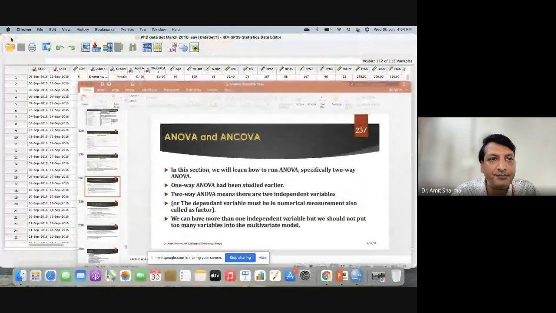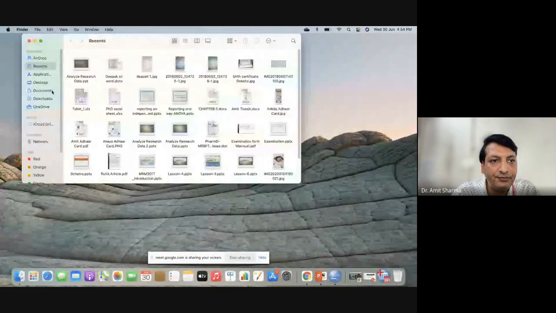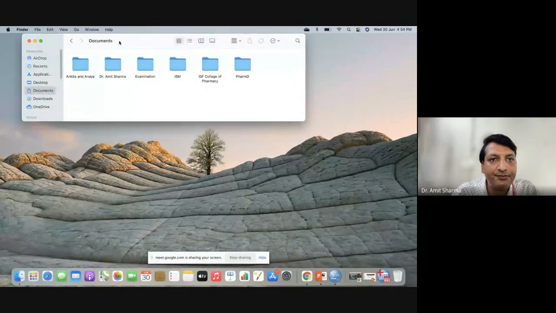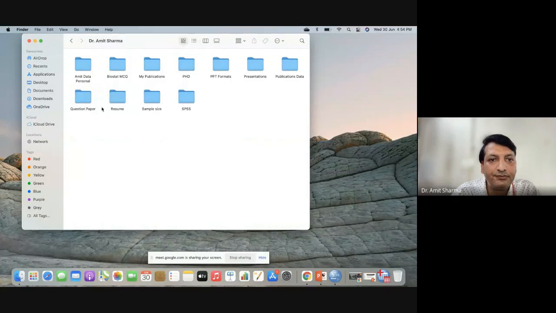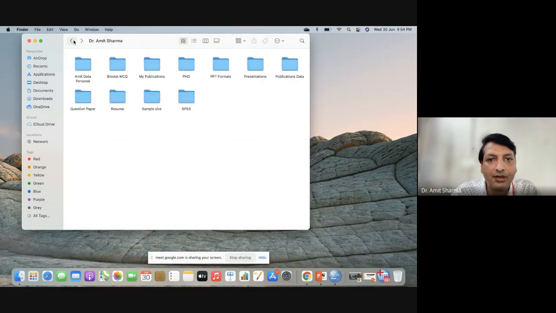Look at the document. Yeah, we can find it in other publications also. I've not kept anything here.